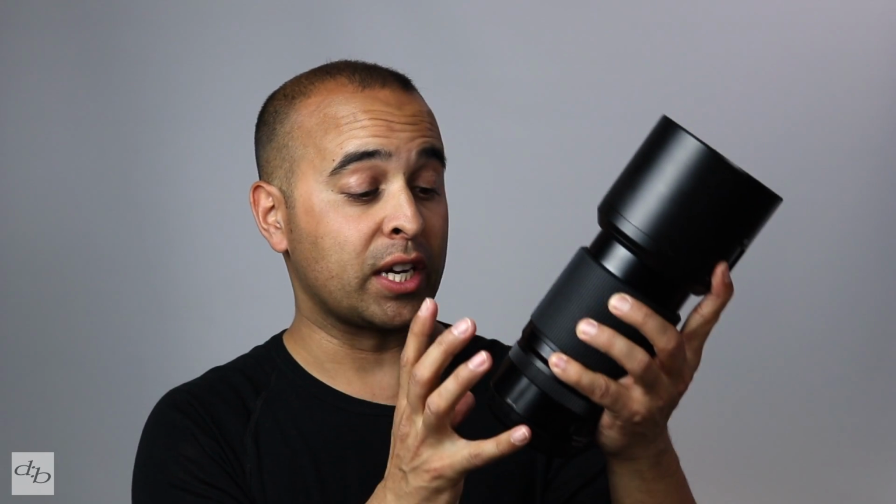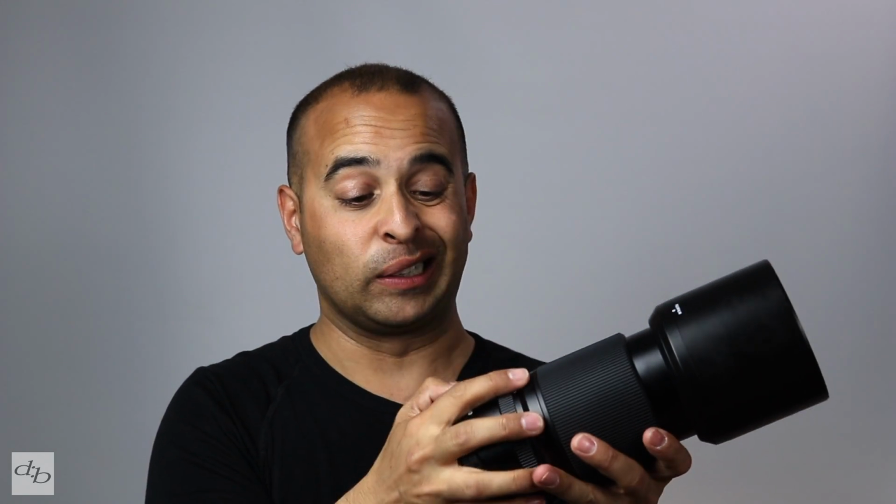Considering the size of it and the price of it, think about this. You've got OIS, you've got macro, you've got weather sealing, you've got the limiters so that you can shoot within the range quicker. The focus speed is not too bad. It's not lightning, it's not particularly going to be a sports thing, but then neither is the GFX. And of course, that macro, the 1:2, not true macro, is actually